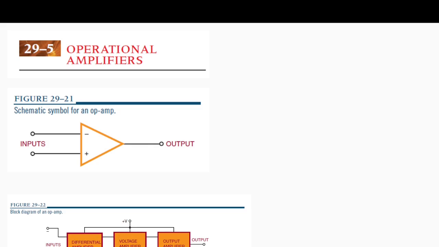So differential means the difference of the two, amplifying the difference, further amplifying the voltage, and then at the output stage, any amplification required. And the important thing you know here is that the output is connected as a feedback mechanism, both for the non-inverting and for the